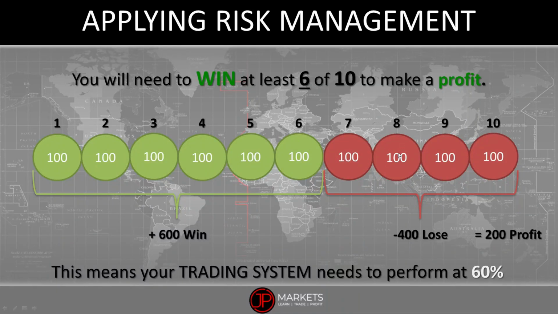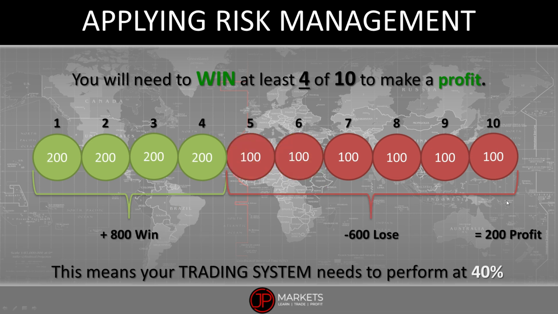So we got 8 out of 10 trades. This is great for us. So this is a nice system to work with. But what if I was applying a better risk to reward ratio? Okay, for instance, what if I was applying the 1:2 ratio, where I only need to win 4 out of 10 trades? But now, since knowing that we are going to win at least 8 out of those 10 trades,